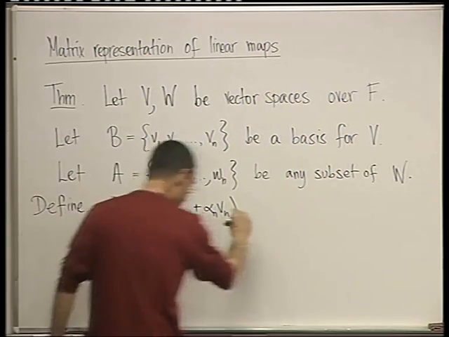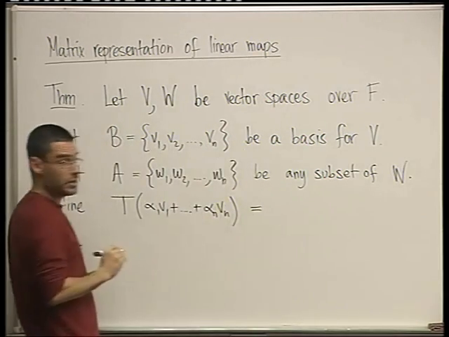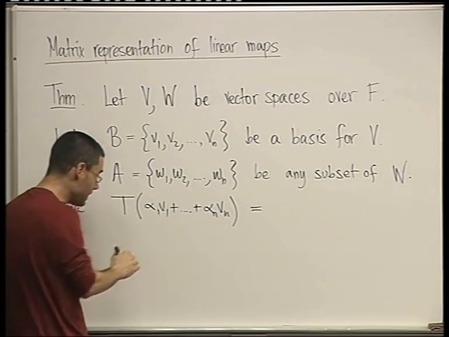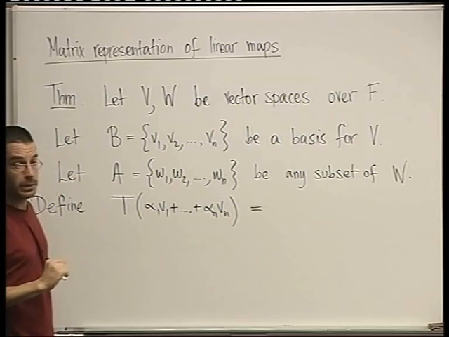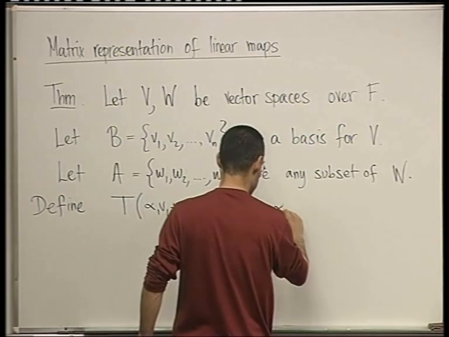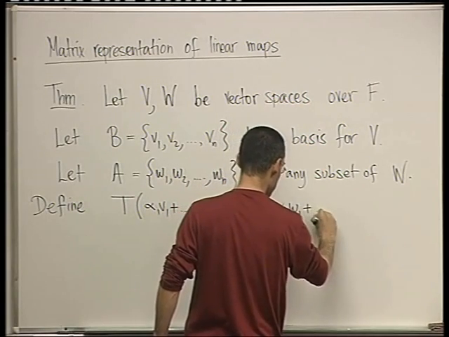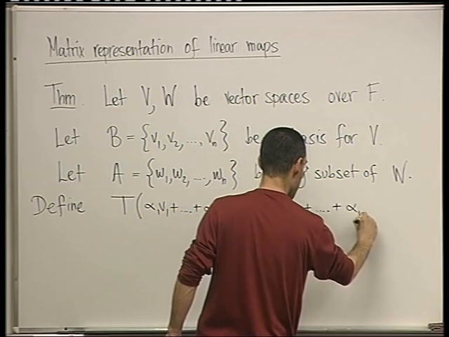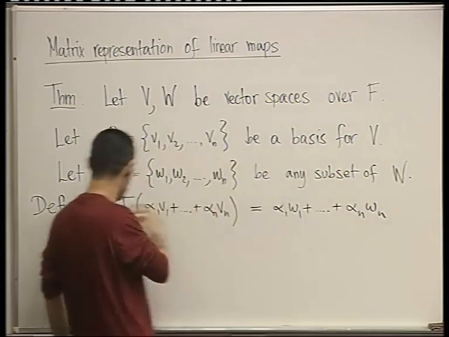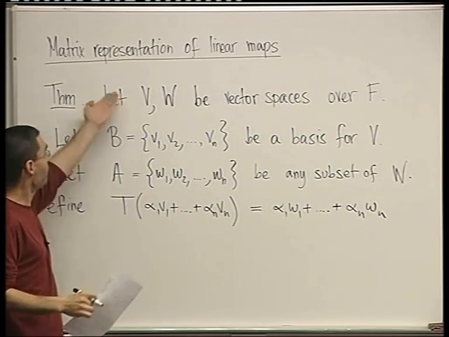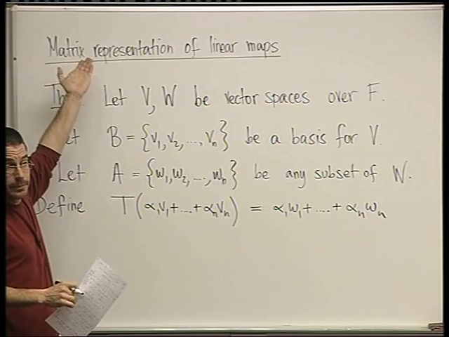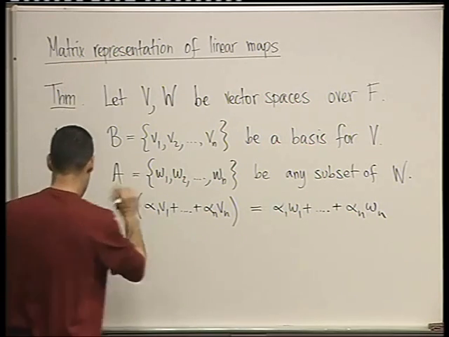And here's the definition of T: I'm going to define it to be that exact linear combination of the little w's, alpha 1 W1 plus dot dot dot alpha n Wn. That's the definition of T. That's how I'm defining T. Do you agree that it's defined now for every element of V? Okay. Then,